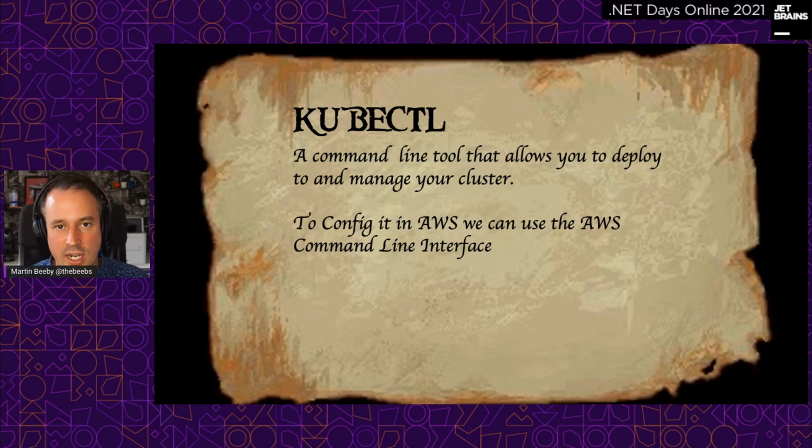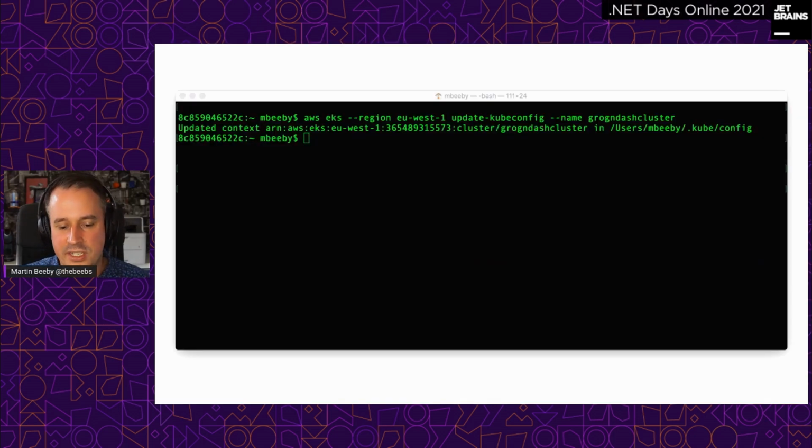So there's a little bit of work that you need to do just to log into your cluster. But once you've logged into your cluster, and there's a couple of lines that you need to run to do that, you will be able to just use kubectl just like you're dealing with any other Kubernetes cluster, whether it be on Google's cloud or Azure or any other cloud provider. So this is the command that you run to get the credentials for that cluster. So I use AWS EKS. I say I'm in the region EU West 1. I'm going to update my kubeconfig, which is a file on your machine, which basically is the connection to